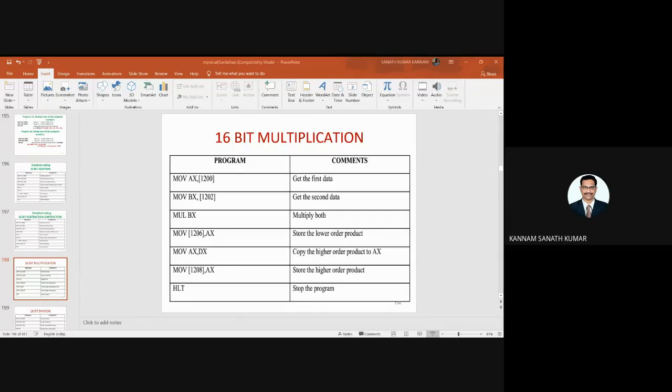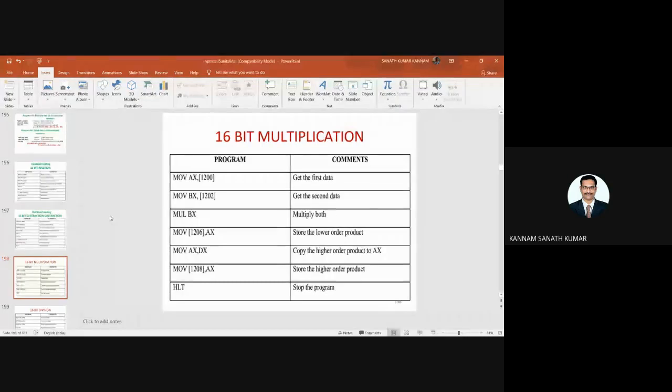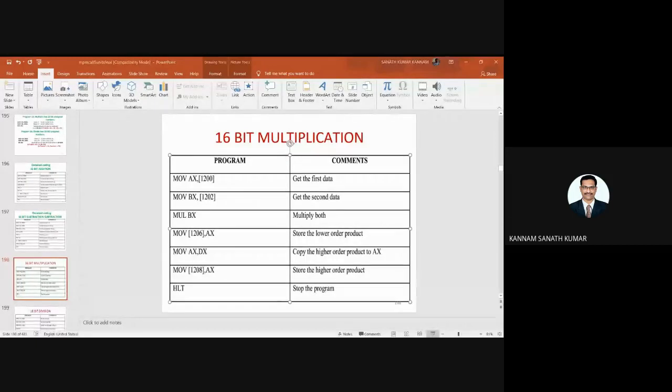MUL BX will multiply AX with BX by default, as an implicit operand. Whatever the result is, the lower 16 bits will be stored in AX and the higher 16 bits in DX. That means when you multiply two 16-bit numbers, you get a 32-bit result.